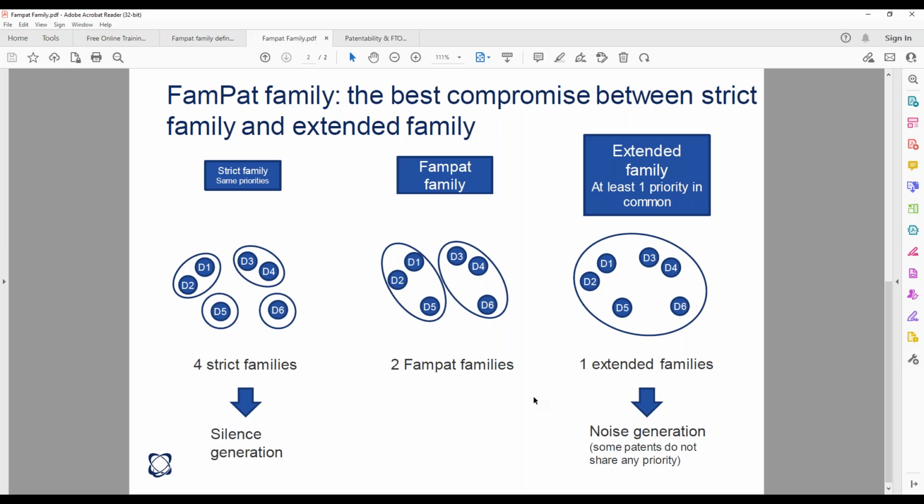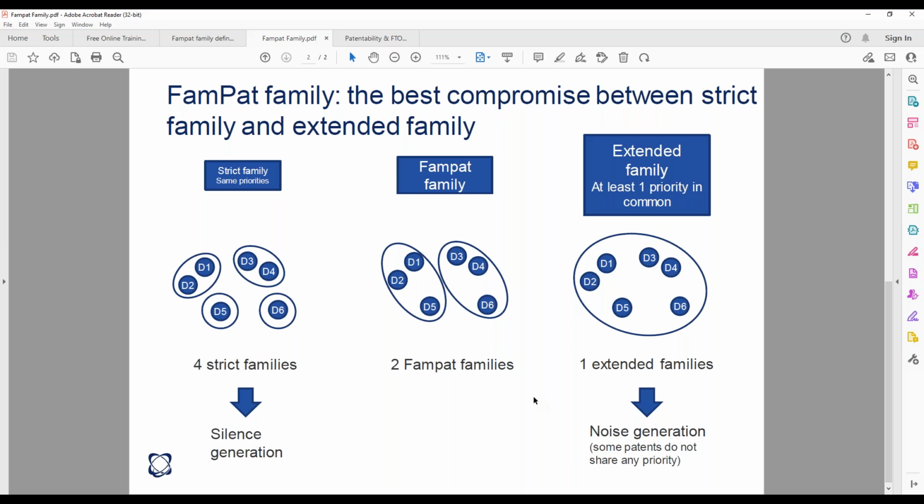The other 2 types of database that are available in Orbit Intelligence are the full path and the full text. The full text is the database collecting the raw data from the patent offices. It's the first type of data that Orbit imports into the system, but has no translations, for example, is missing advanced data. Full path has the same source as FAMPAT, but groups the results into patents and not families.